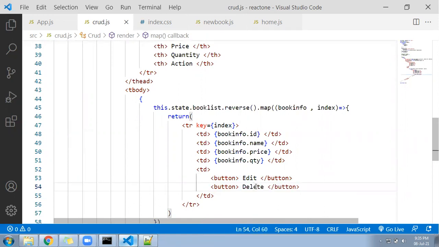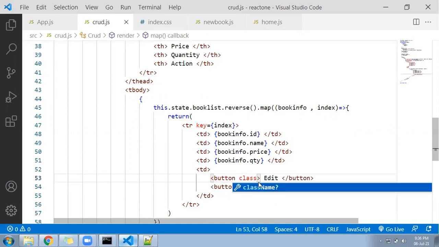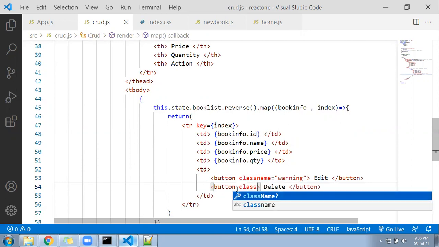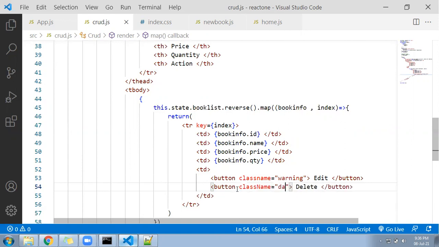For both buttons I have written CSS. Use className equal to warning. I have created a class, and for the other I have created className equal to danger. className should have a capital N.